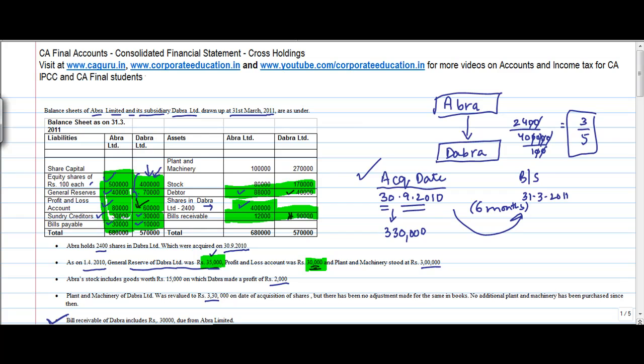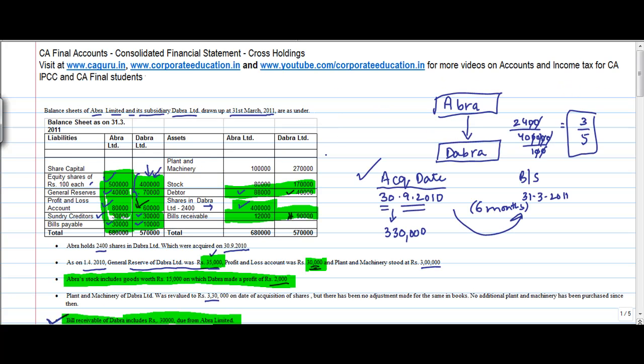So now even this particular adjustment, I am done. Well, now there's an adjustment which has to be done for the plant and machinery. Bill receivable I am already done. So the only adjustment that is now left is for the plant and machinery. Now plant and machinery, let's look at it. The question says that on 1/4/2010, the plant and machinery stood at 3 lakh. Right? It was revalued to 3,30,000